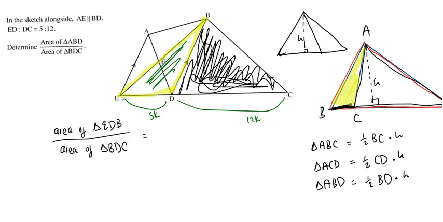This one, the yellow one, is the same as this yellow one, right? The base will be this one. So we'll say half of ED times the what? The height. Where is the height? Guys, the height is going to be the perpendicular height here. That's where you're going to have your perpendicular height there. You see? Same as this height there. So now,